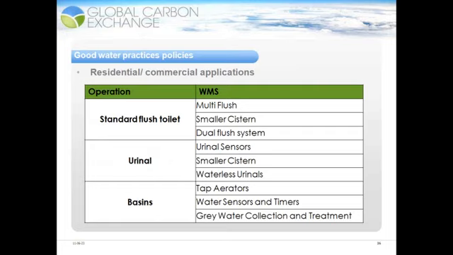I've mentioned a few times throughout the webinar grey water collection. You could possibly look at collecting your grey water from your basins, also possibly your showers, putting it through some grey water system which may include some sedimentation tanks, maybe a couple of filters, and you can then look at reusing it either for cleaning off your carports, or as mentioned previously, you can